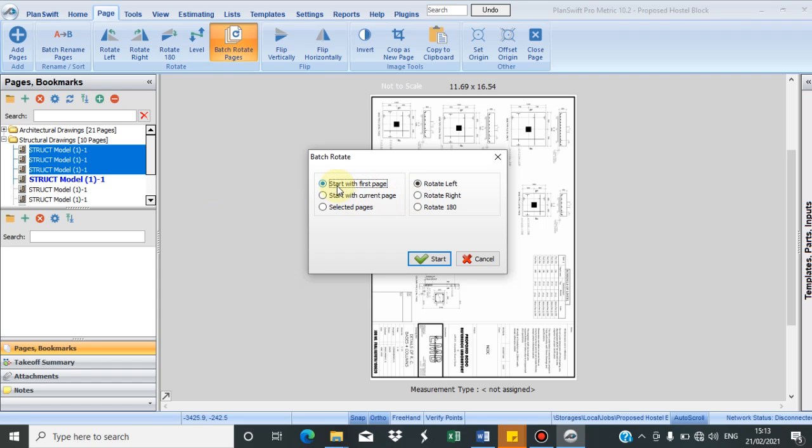So I just click on start with first page, then rotate left, rotate right, or rotate 180 degrees. I want to do left, and by the time I click this, it's going to rotate all the pages of that structural model. All the pages in the structural drawings folder are going to be rotated to the left side. So by the time we are done with that,